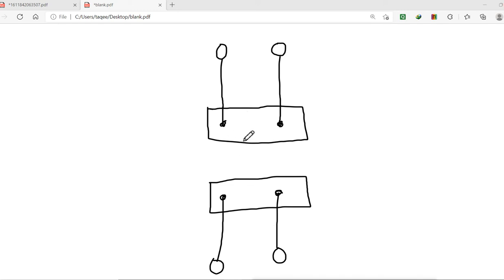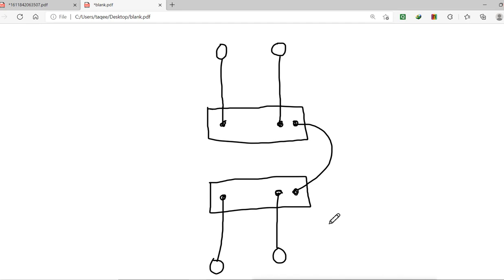But because they are connected to different switches, they will not be able to communicate. So what is the solution? I will add one port and connect this switch to the other switch directly with one cable. Now all the devices of this switch can also communicate with the devices of the other switch. That is what we do.